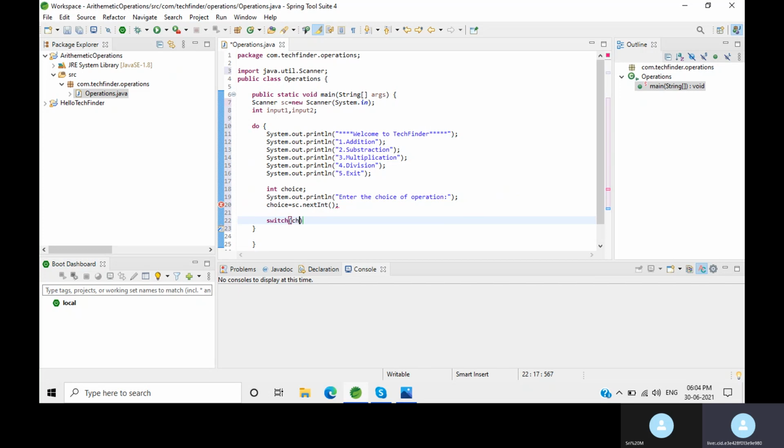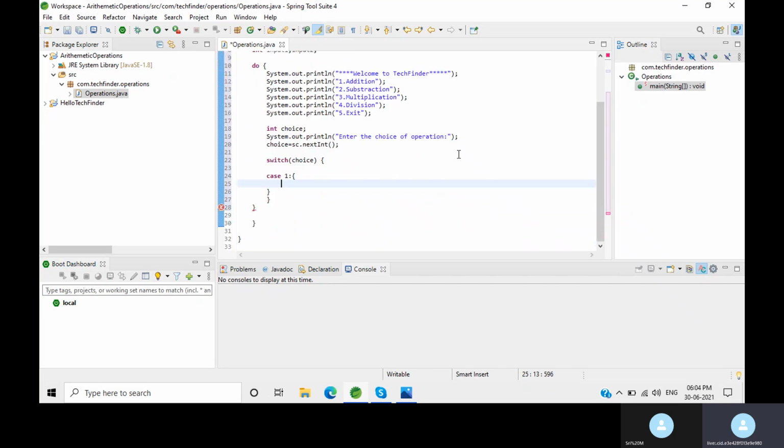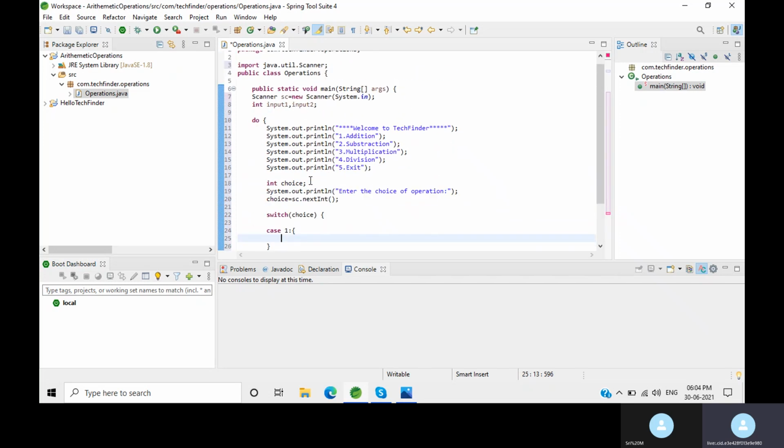Switch of choice, here case 1, because we have taken the choice as integer. For case 1, we need to read the input values. We need to prompt the user to enter value 1.